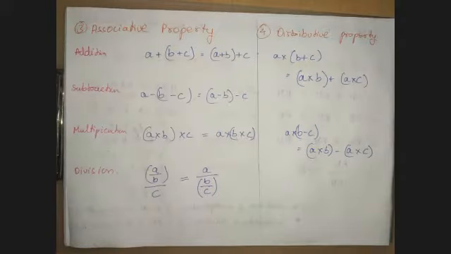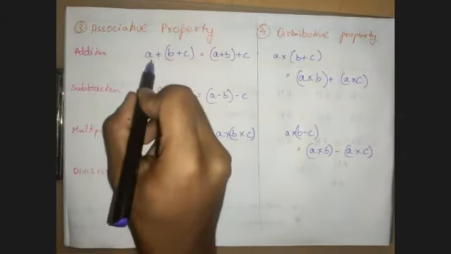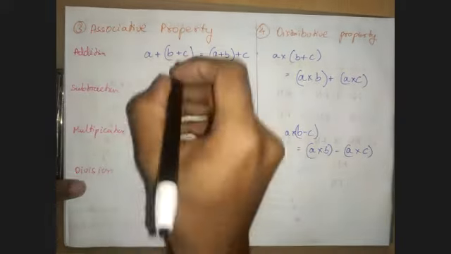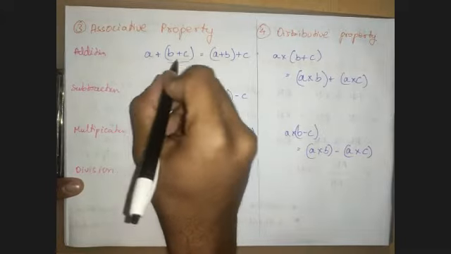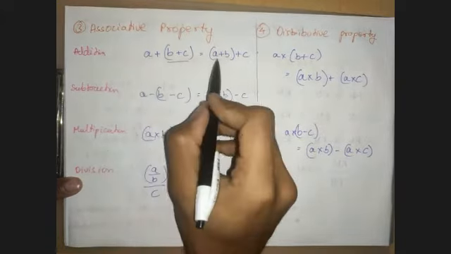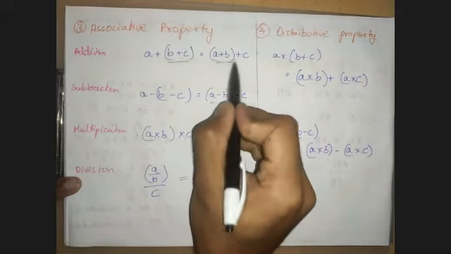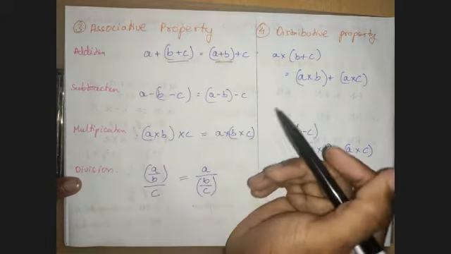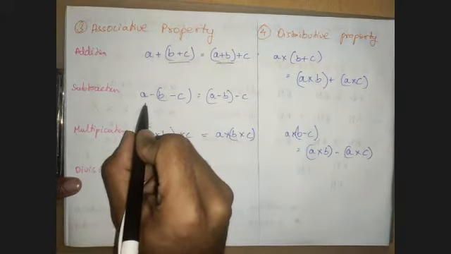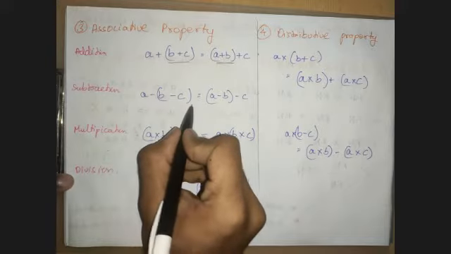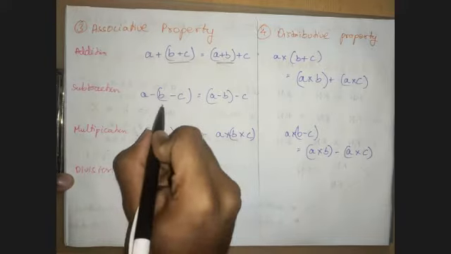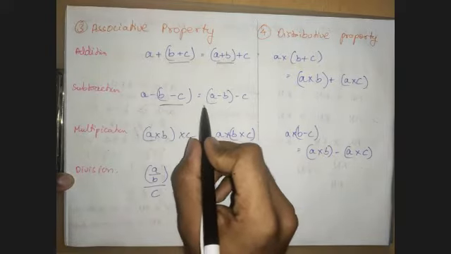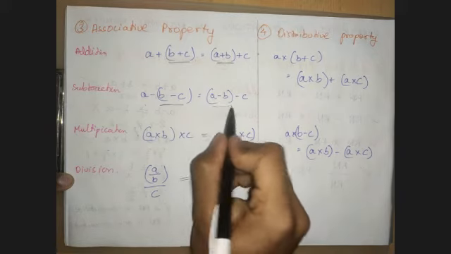We'll move to the associative property. What does this say? A plus B plus C: when I add B plus C first and then add A, is it the same as when I add A plus B and then add C? Yeah, it is just addition, so it remains the same. We all know that. But if we look at A minus B minus C, when I subtract B minus C first and subtract it from A, is it the same as A minus B minus C?